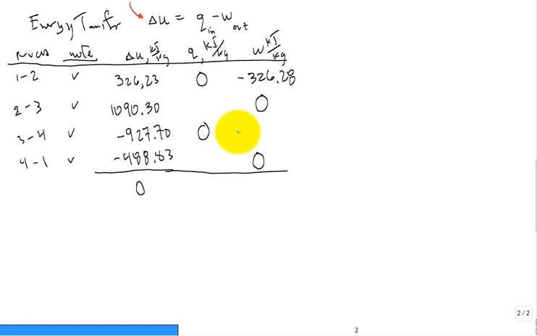Well, it's going to be negative of a negative, so it's positive 927.70. And then likewise, you come over here to go back to the first law for the process 2 to 3. When the work is 0, well then Q 2 to 3 is equal to delta U, so it's 1090.30, and this is negative 488.83. Okay, so sum the Q's to get Q net, and when you get Q net, you find that it's